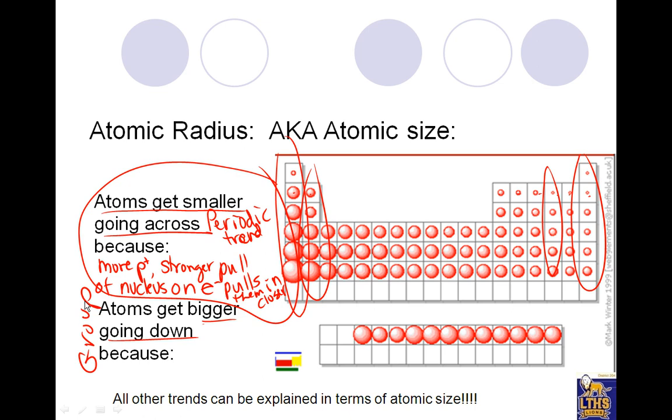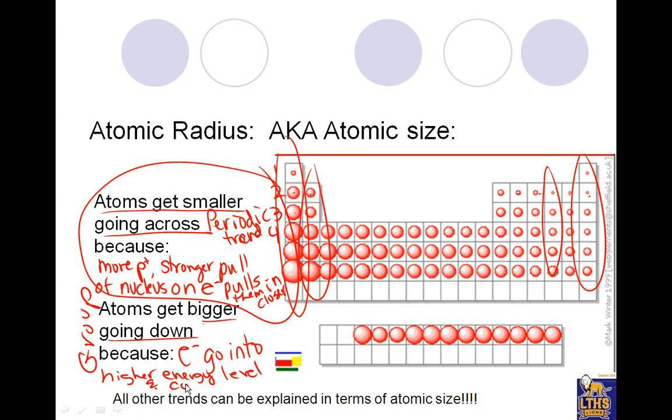Why? Because more electrons. Okay, so I'll just put it this way. Electrons go into higher energy level. Okay, so this is the first energy level, second, third, fourth. So as I go from period 3 to period 4, the electrons have to go into a higher energy level,